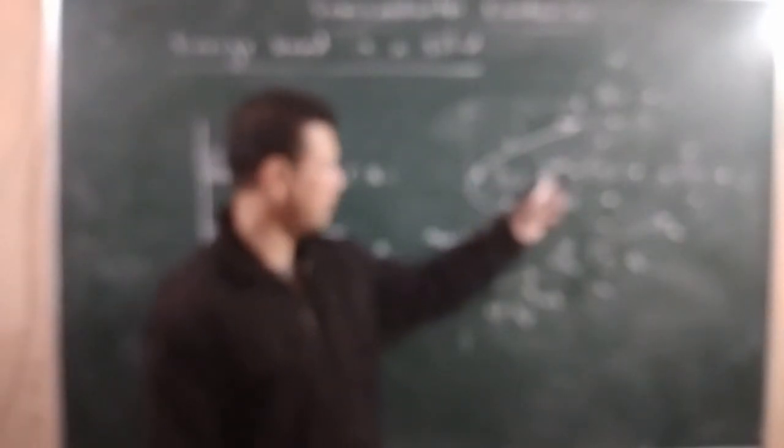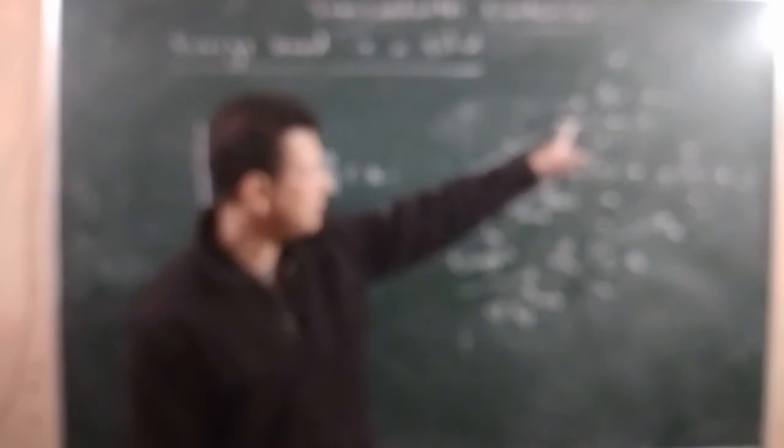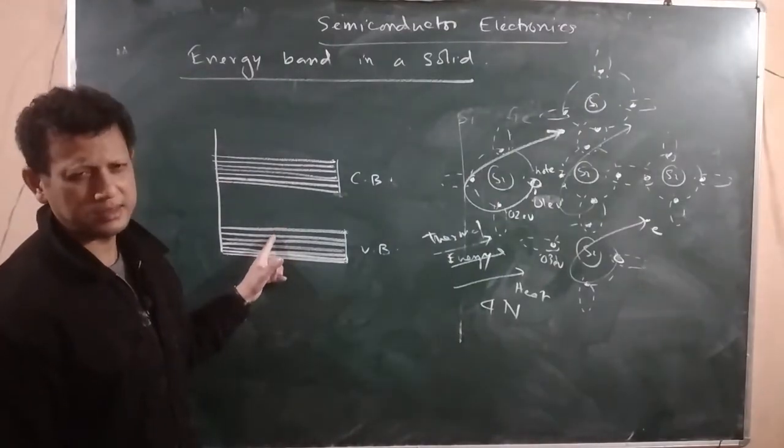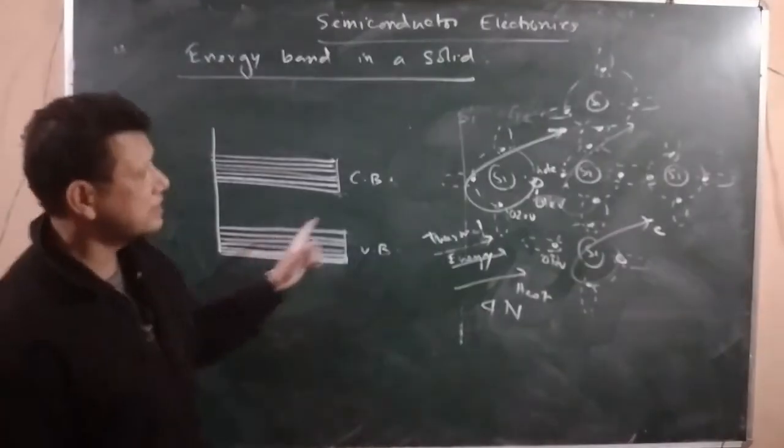Next, now you see, as soon as thermal energy is supplied, a covalent bond will break, the electron will become free, and a vacancy will be created, which is known as a hole in the case of a semiconductor. Now this free electron, as soon as it becomes free: before this electron was bound in a covalent bond, its energy was somewhere here, at the valence level. As soon as it has become free